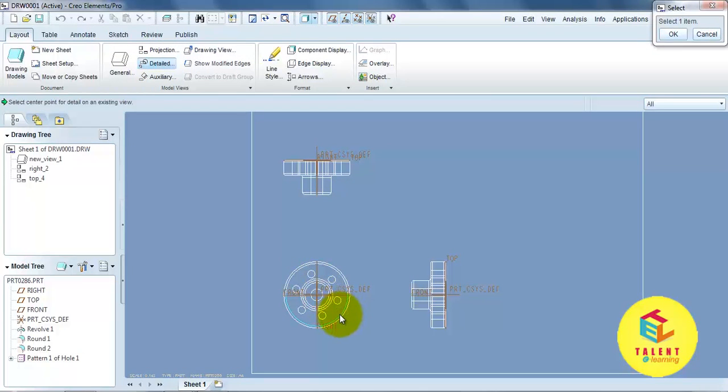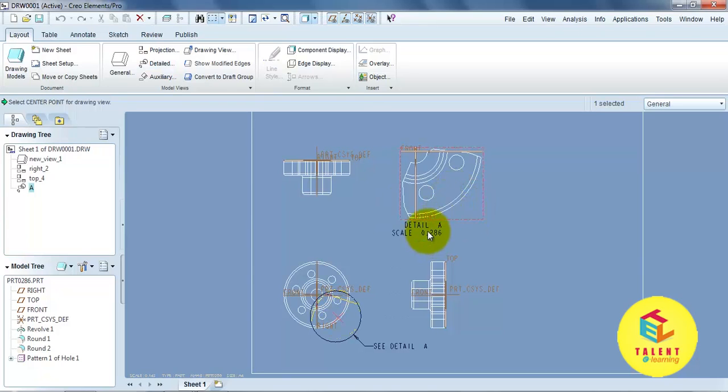Now we require a detail view at this point, okay. So select this point and draw the total view, okay. Now click at this point so you can easily see the detail of the drawing. This is the detail view scale. You can double click on this scale and you can also modify this scale, okay. Now remove the detail view,